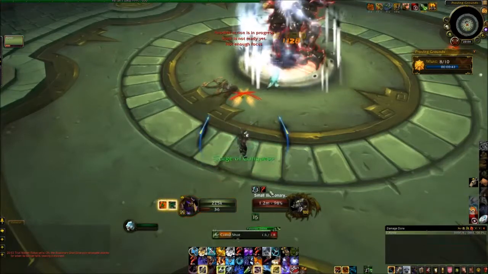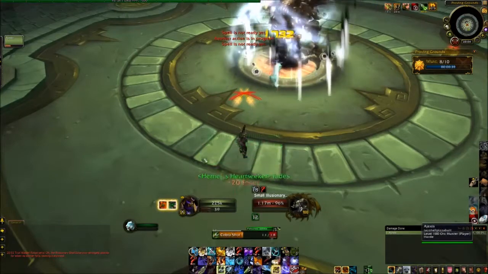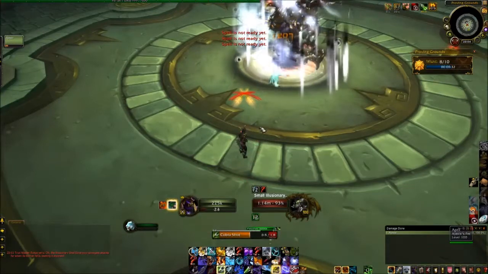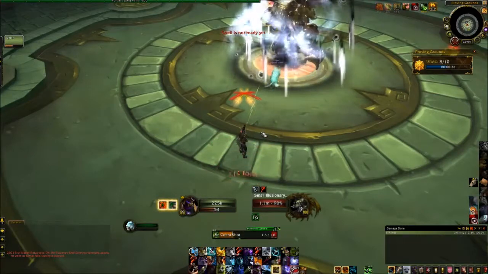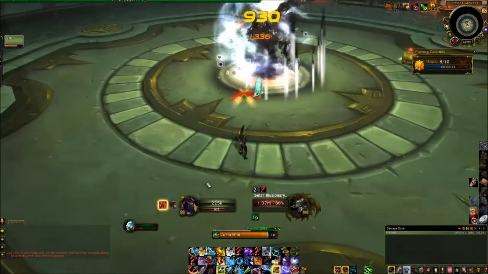Because the Shah is taking 50% reduced damage right now, and there's really no point in unloading into him when he's taking less damage. I'm just going to wait for his shield to fall, because when his shield falls, he does take 300% more damage than usual. So it's really worth your time to hold on to all your major cooldowns and all that stuff for when